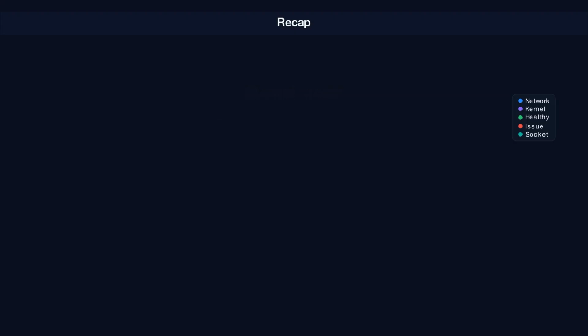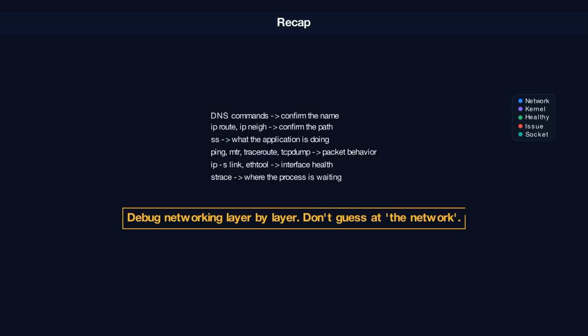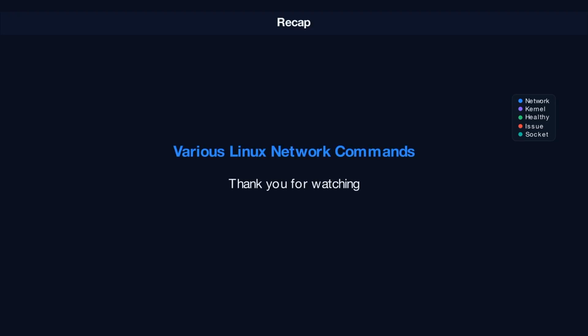Scenario E: NIC errors on bare metal. ip -s link, ethtool -S. Scenario F: EC2 network ceiling or ENA-related symptoms. Linux looks mostly normal except latency under burst. Correlate with AWS metrics. Here's the mental model. Use DNS commands to confirm the name. Use ip route and ip neigh to confirm the path. Use ss to see what the application is actually doing. Use ping, mtr, traceroute, and tcpdump to inspect packet behavior. Use ip -s link